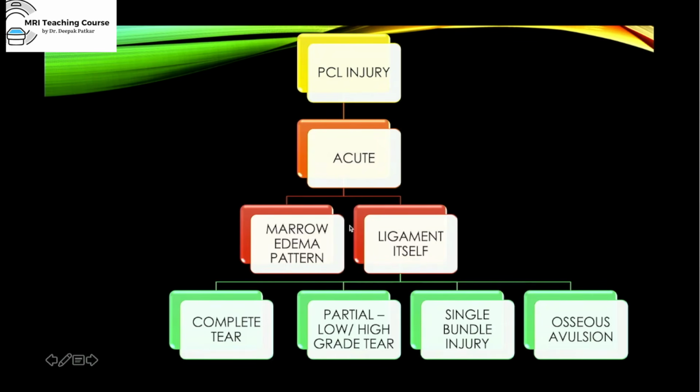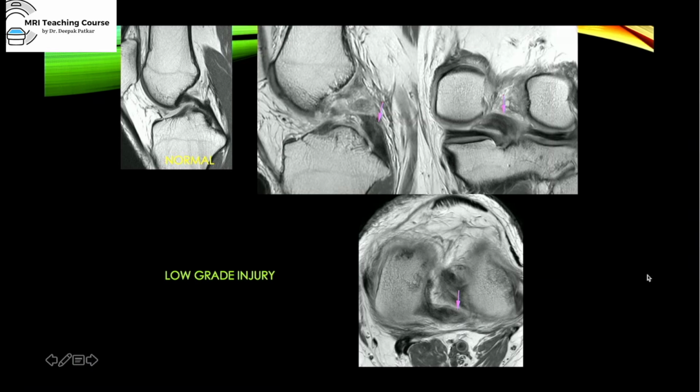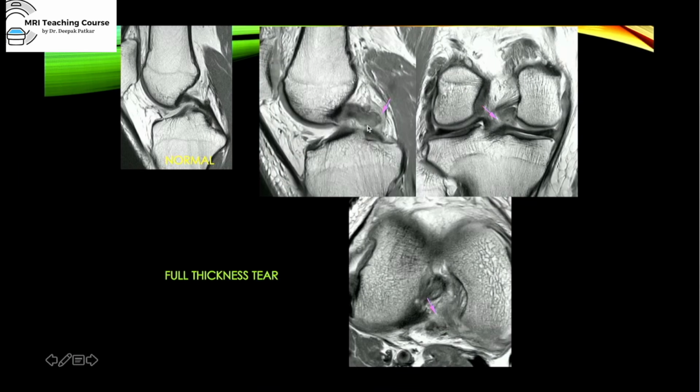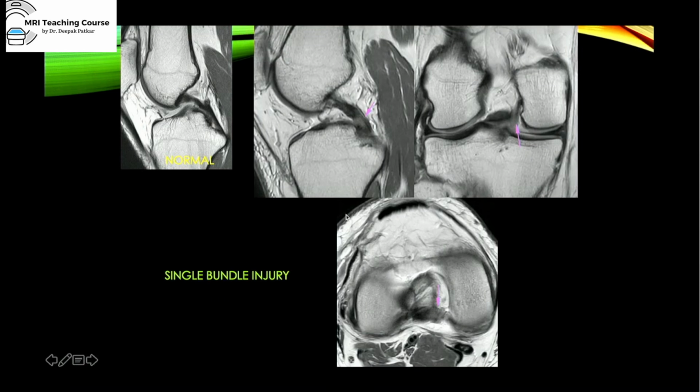We've seen the marrow edema pattern. Again, the ligaments. Remember, ACL and PCL is pretty much the same. There is not much difference between the two. So you'll have a low-grade injury where there is just some signal in the ligament. High-grade injury where some fibers are intact, but more than 75% of the fibers are torn. A full thickness tear. And then you can have a single bundle injury, which you will only appreciate on the